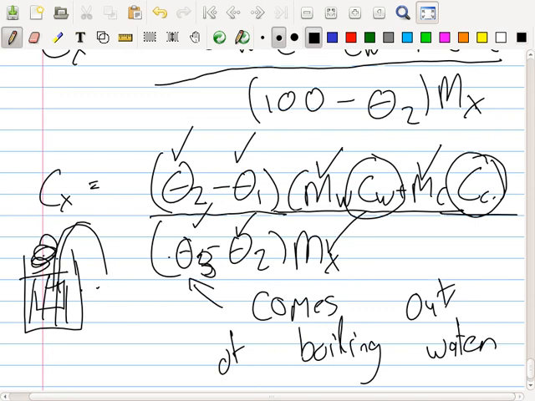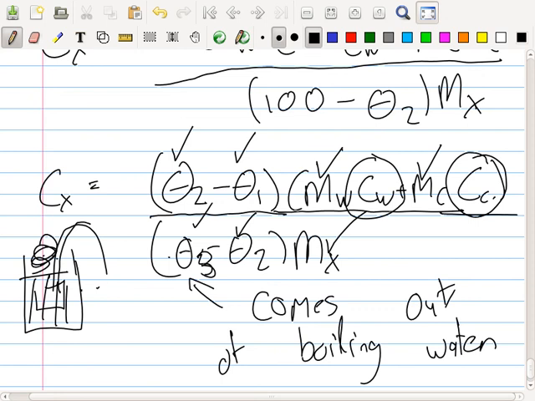So this is what I would imagine if you want to do it perfectly. You have your hot water, you boil the water, and you put the thermometer into the middle of the water, and you fix it so that the temperature is exactly 100, and then you take the thermometer out and put the block in. But will you get it at exactly 100? No. So this is why I put in the theta 3, to be more accurate. But the idea is you try to make it nearly 100. So theta 3 is nearly 100.